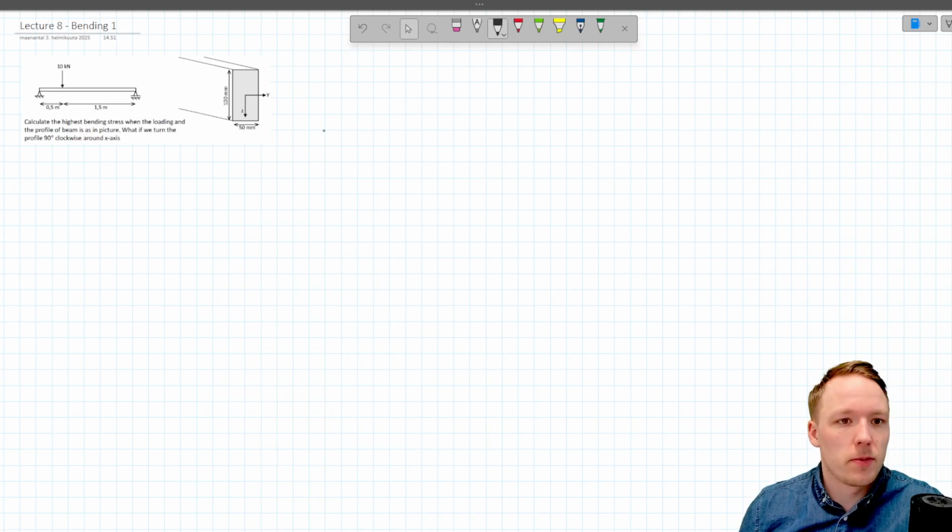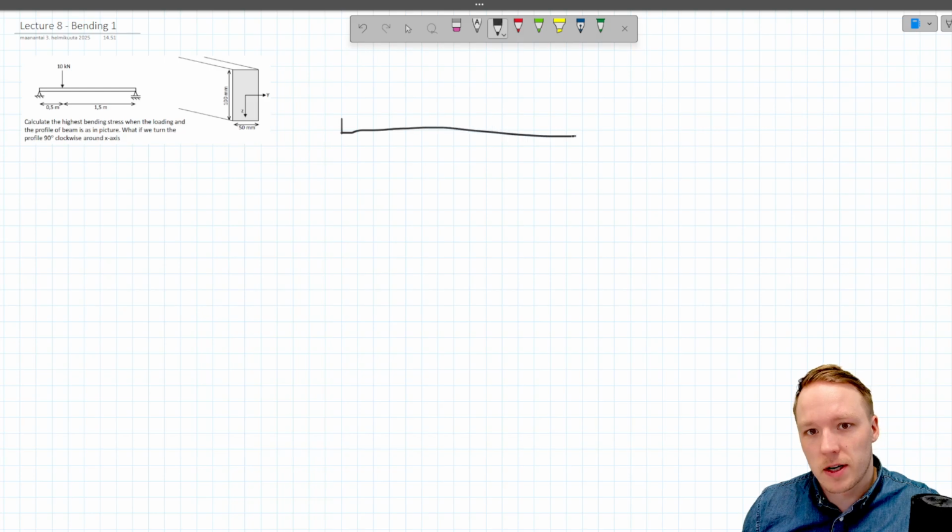Let's do a first simple example of bending stress on beams. The first thing which we want to do in these kind of scenarios is to do once again the free body diagram and calculate the equilibrium equations learned from the statics. So first thing, I'm gonna draw the free body diagram here